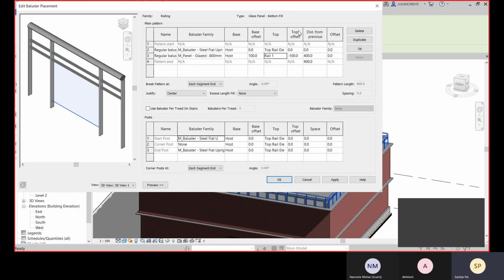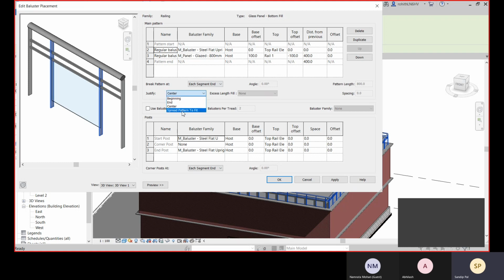Okay, and the top offset is minus 100. I think top rail is this one, probably this one. Okay, and the distance from the previous will be 400. So it will be placed from center to center. The calculation will be center to center for each and everything, center to center.